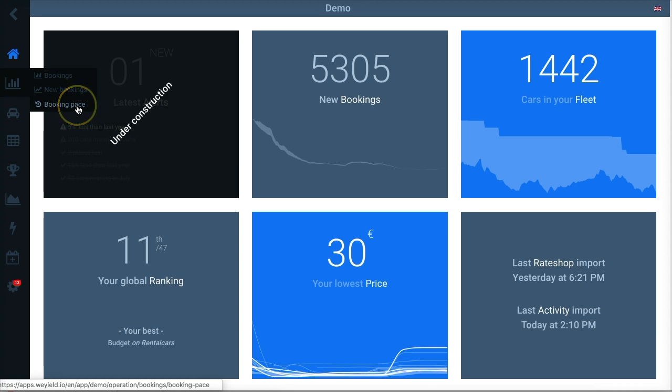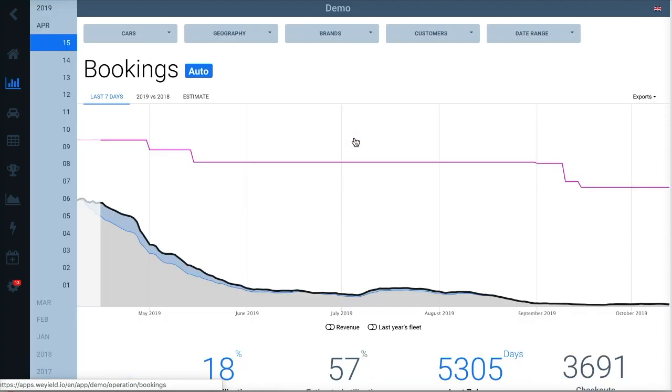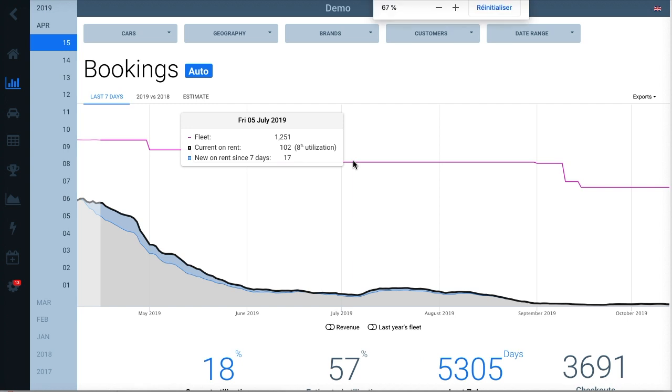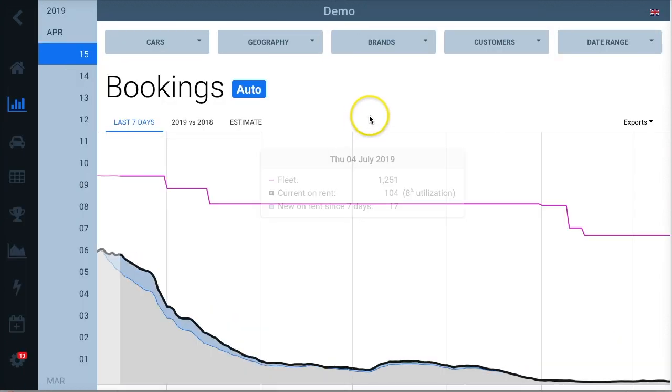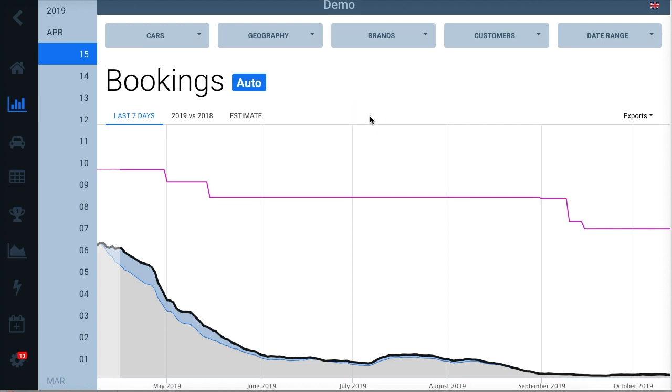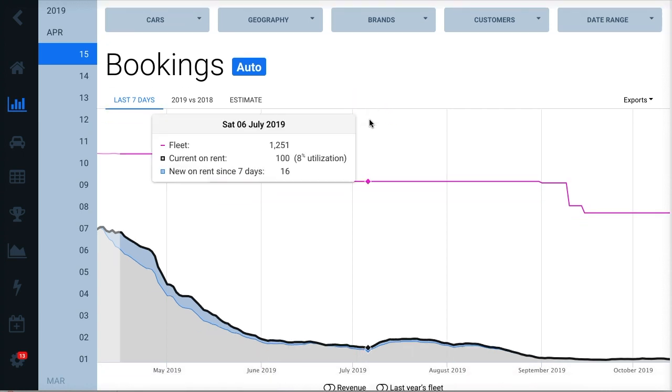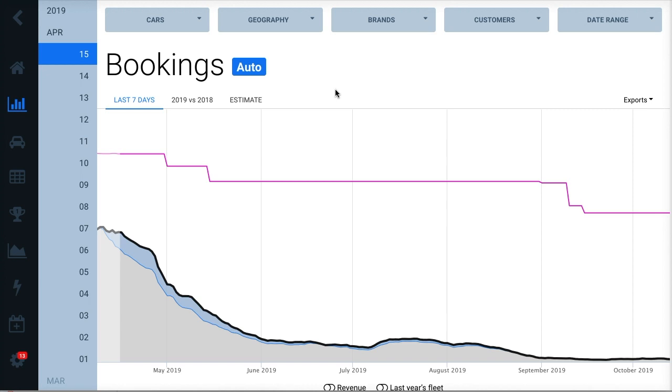Before we go into it, we need to review how to analyze my demand. Therefore, we click first on the new booking. You know how it works. We have the demand, we have the fleet in purple,